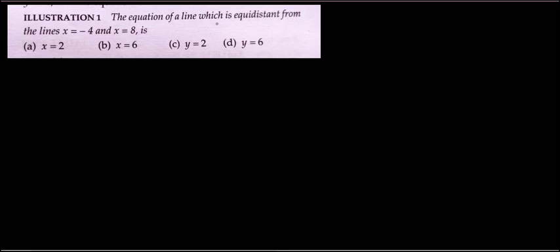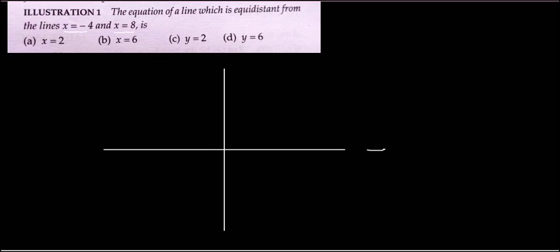The question is: the equation of the line which is equidistant from these two lines, that is x equals to minus 4 and x equals to 8, we have to find out. Right? Let's suppose this is my x-axis and y-axis, and let's suppose there is a line x equals to minus 4. Always try to draw the graph to have the proper understanding. Now this will be my equation x equals to minus 4 because this line is intersecting my x-axis